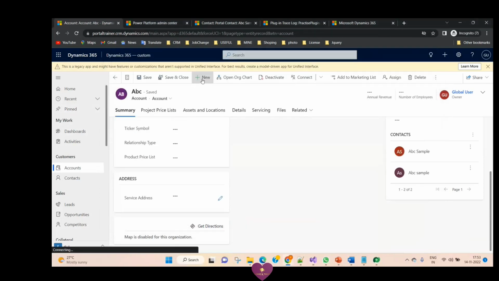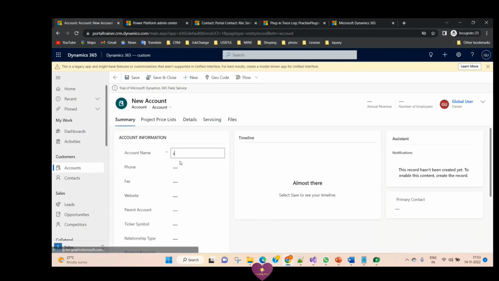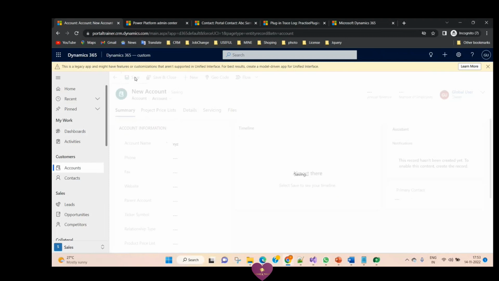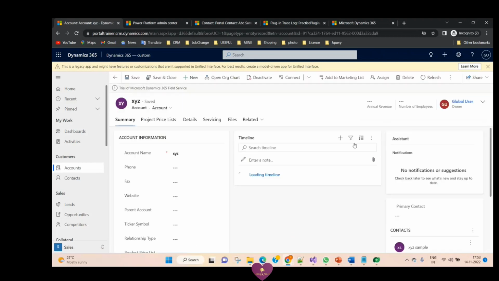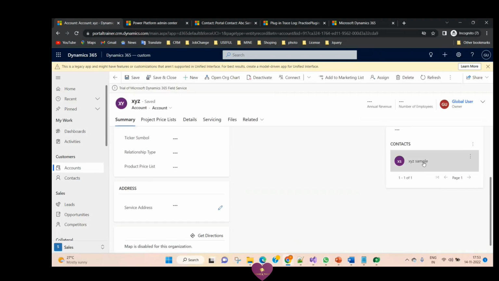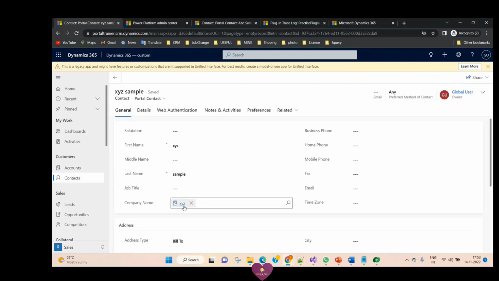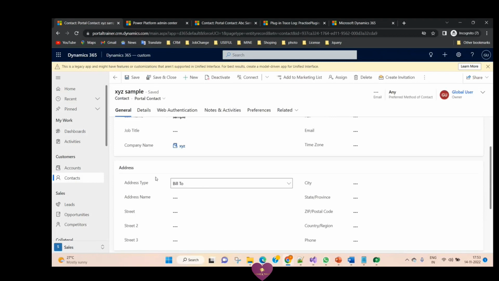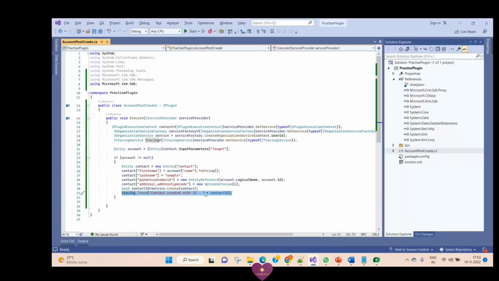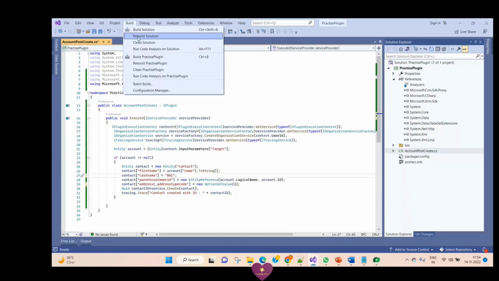You can see I'm creating one more record, some XYZ. Now you can see it was created only one record, and the same XYZ appended, and the same bill to, I have given only one, right? If you want to update the code, just now I am changing 1 to 2 or 3, and instead of sample, I'm giving some 001 or something. And to update, just rebuild it